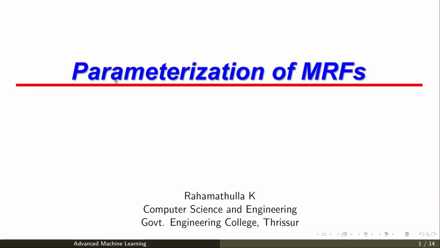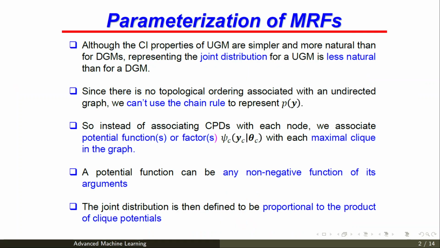In this lecture, we'll see the parameterization of Markov random fields. So, the conditional independence properties of undirected graphical models are simpler and more natural compared to directed graphical models. But when we discuss them, that is when we do parameterization, it's comparatively difficult because